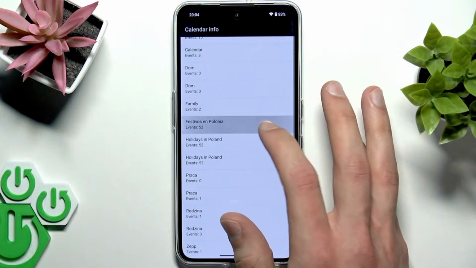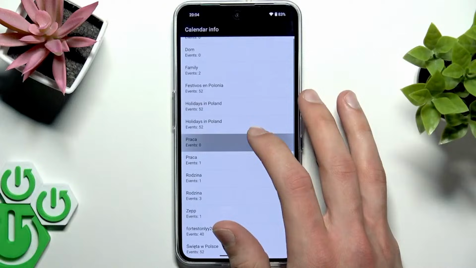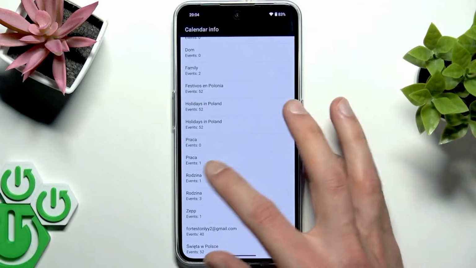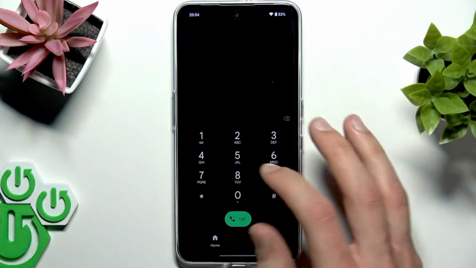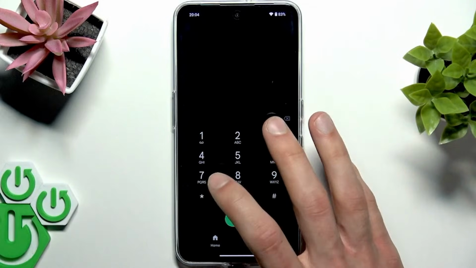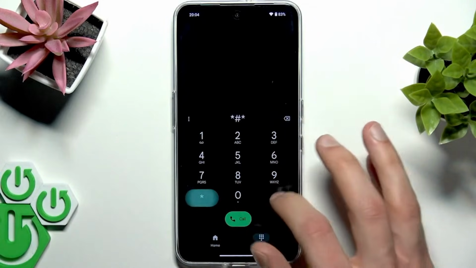And you can also basically check the statistics of all the events and what they are related to. And you can also use asterisk hash